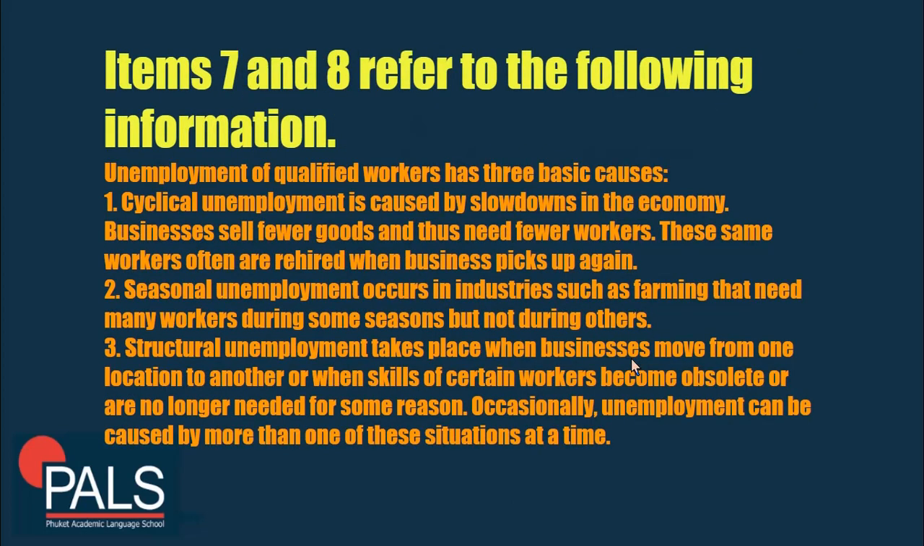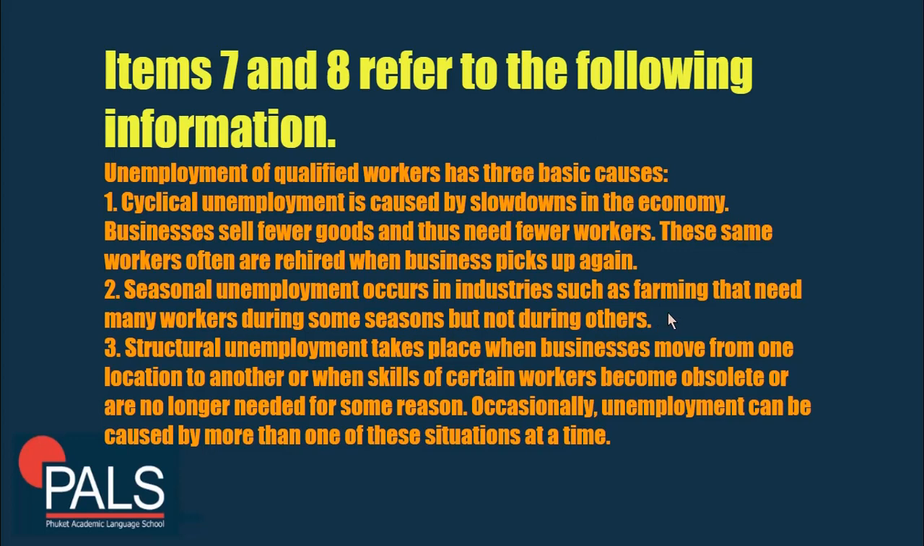Number 7 and 8, let's refer to the following information. Unemployment of qualified workers has 3 basic causes. Cyclical unemployment is caused by slowdowns in the economy. Businesses sell fewer goods and thus need fewer workers. These same workers often are rehired when business picks up again. Now another,